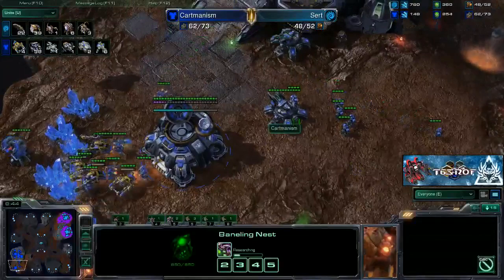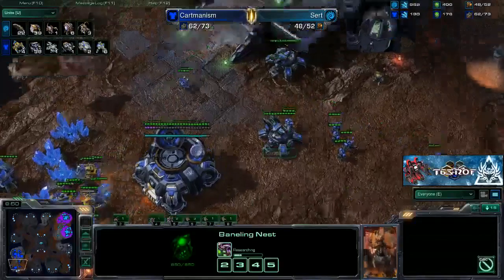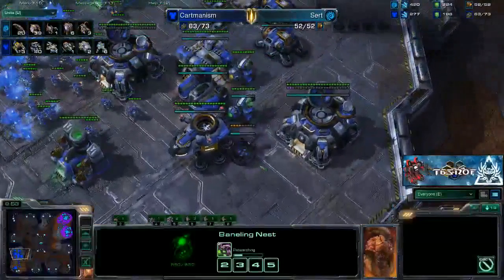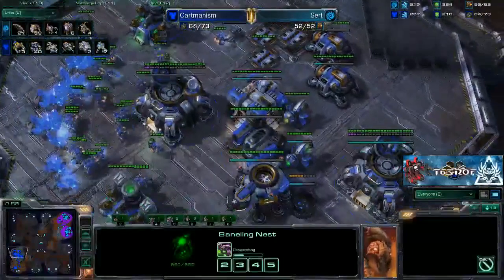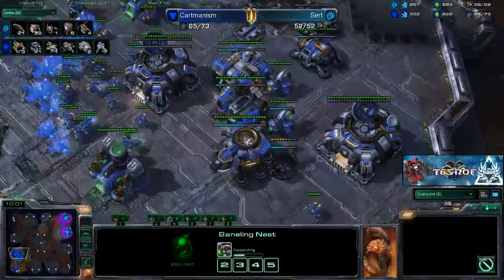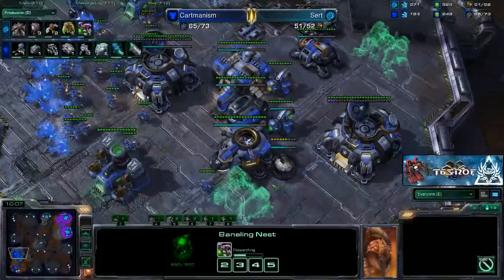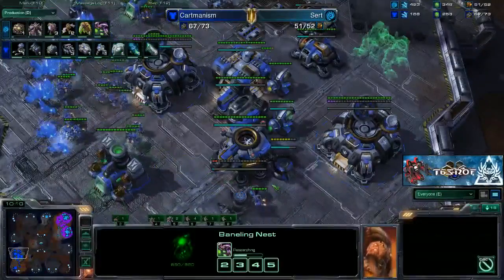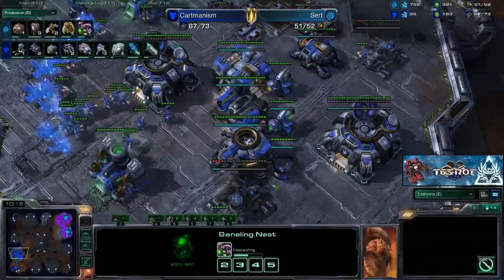All he's really seen is a barracks and a starport. So he's getting these mutas to maybe scout in the base. I'm not a Zerg expert. I have no idea. After early game Zerg, I'm kind of lost with what Zerg is doing against Terran anyway. But Sert's taking his third back, and the Banshee gets a cancel again, kills the drone,